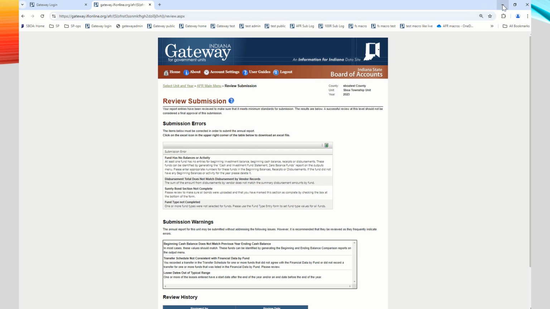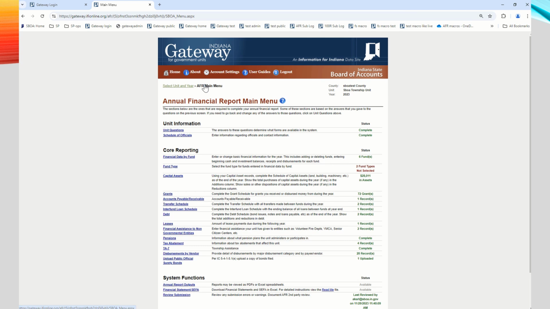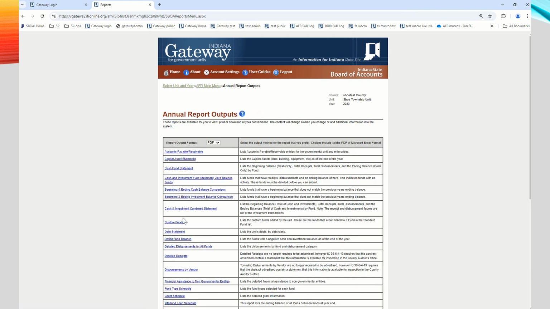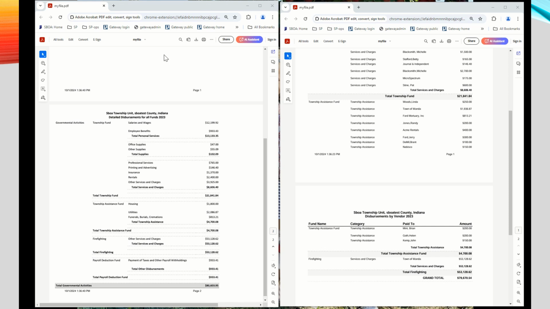So in order to show you that, you would go to the annual report outputs and you would click on detailed disbursements for all funds and then disbursements by vendor. So I've already opened up both of those schedules so we can compare. So we want to see what the difference is. We see the total here on the financial data by fund is more than what we've entered on the disbursements by vendor. The Township Fund